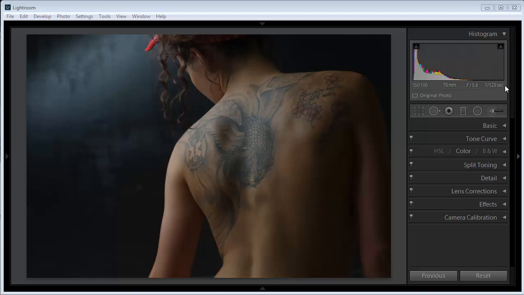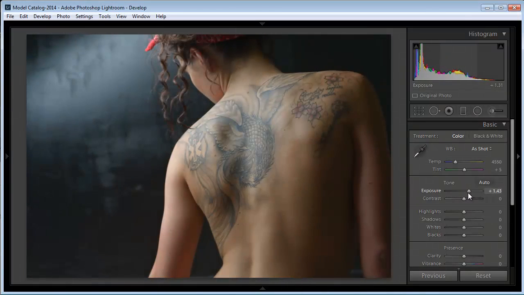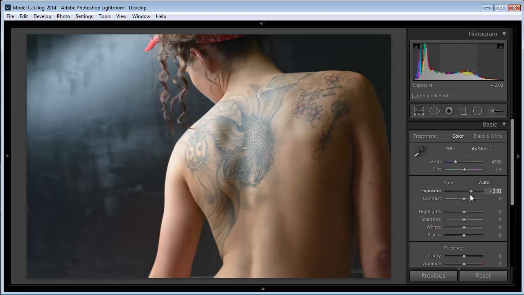Thus the term shoot to the right. So if I had shot this image correctly, I would have pushed it up to about here. So I'm 2 stops underexposed. Now you may be thinking, wow, she's kind of blown out here, and maybe I can't see her tattoo that